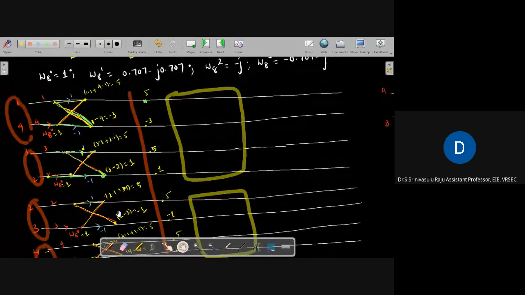Now you see, this will start from here and end here. Okay. But again I'm drawing wrongly. This starts from here and ends here, and this will start from here and end here. And this will come and start here and end here, and this will come and start here and end here. Okay, so we have here.